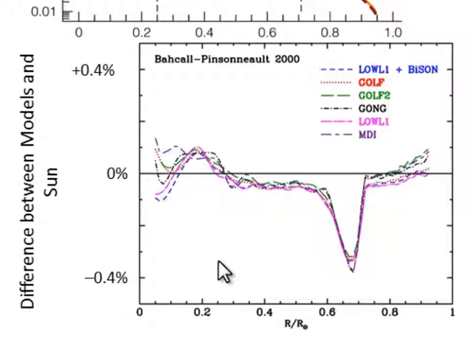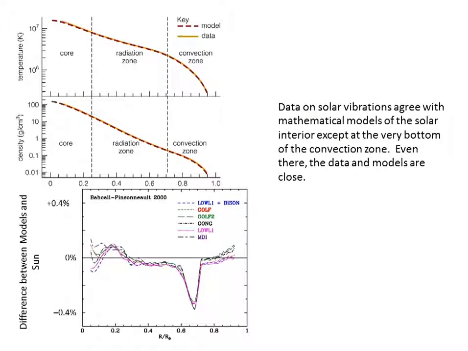You see it's 0.4% different. So 4 thousandths difference. That's a very tiny amount. And this 70% distance corresponds to the interface between the radiation zone of the sun and the convection zone of the sun. So what we learn from this is that we understand the sun very well, with some slight exception